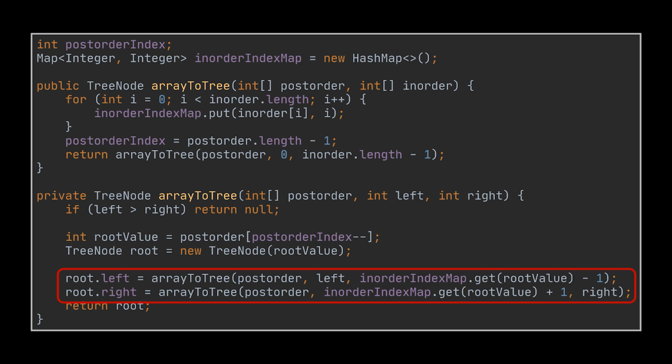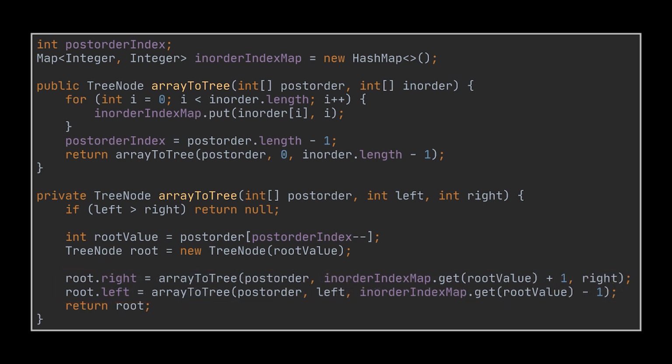Why? Well, because we are traversing the array from the right to the left, and we are starting at index length - 1, and the right subtree is visited before the left subtree in a post-order traversal. Therefore, the right root nodes will be encountered before the left ones, and hence the right subtree must be populated first. That's it. Every other single line of code remains the same, and with this you obtain the complete solution to this second problem.